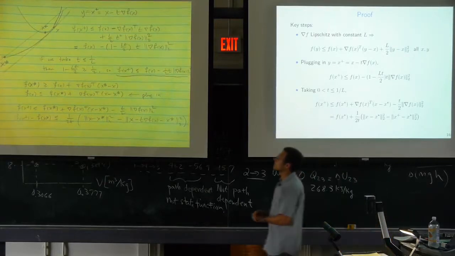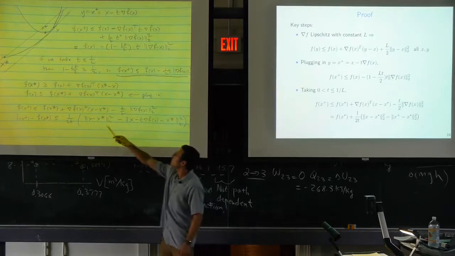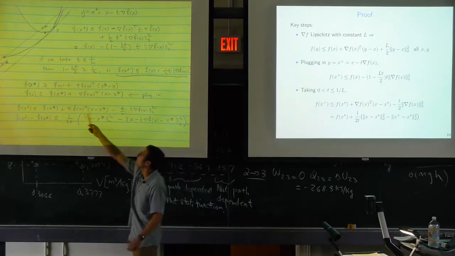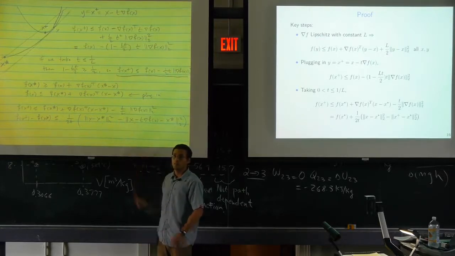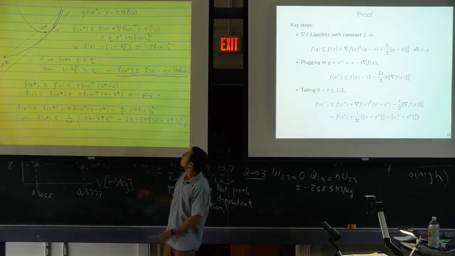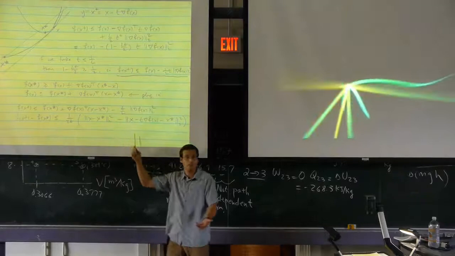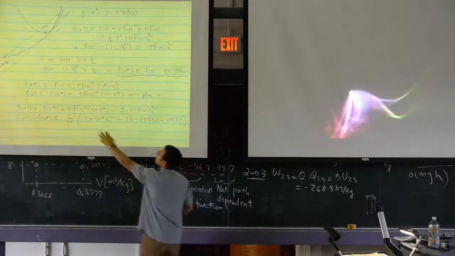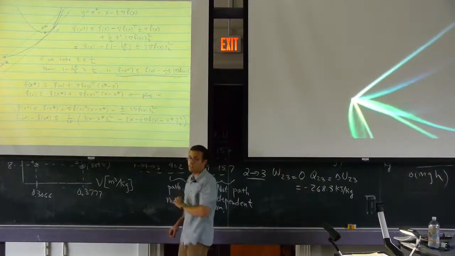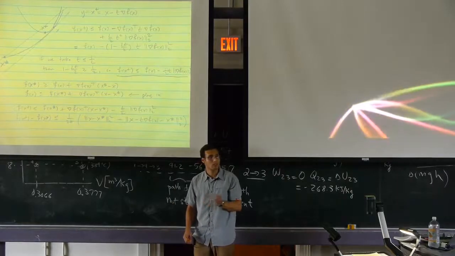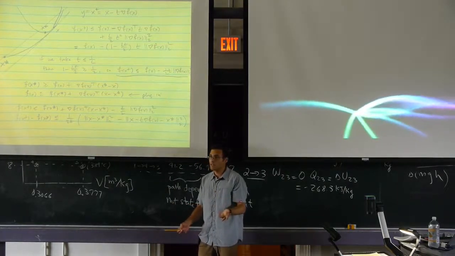Okay, so I claim that the difference between these two terms gives me this whole stuff up here. And why is that the case? Well, the x minus x stars squared cancel out when I evaluate the difference. The only thing that's left is